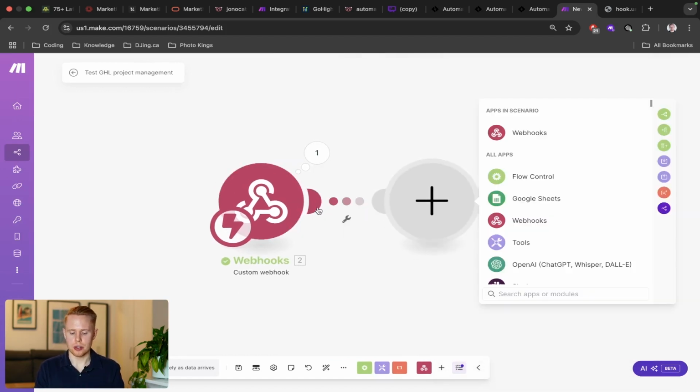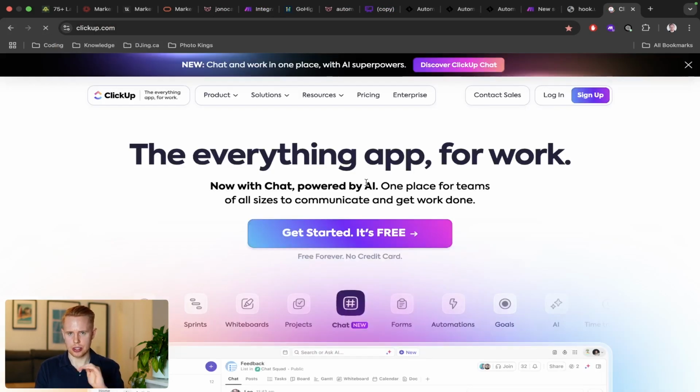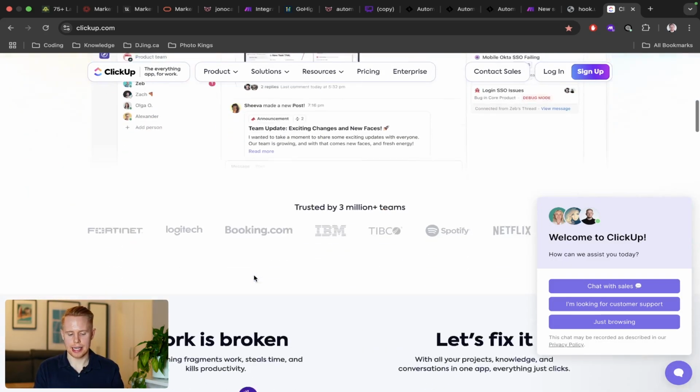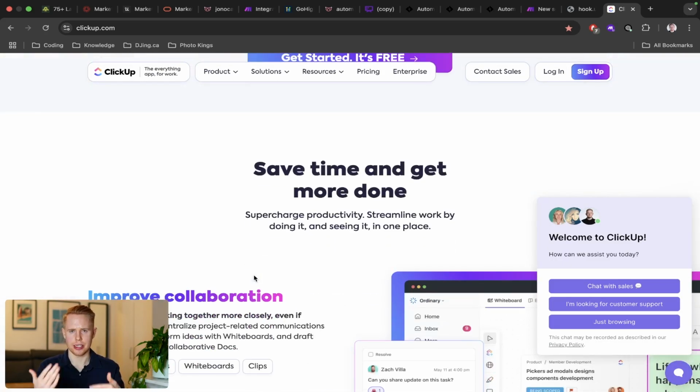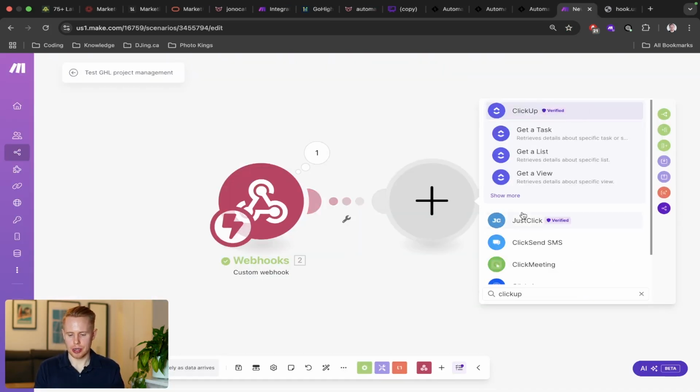All we have to do is use something like ClickUp. What we have to do is essentially create a project management system in ClickUp for that client, right? And this is where you'd host all the tasks and everything that you need to do. You can assign it to whatever team member it is that you wanted to assign the project to. So we're going to do ClickUp here, and